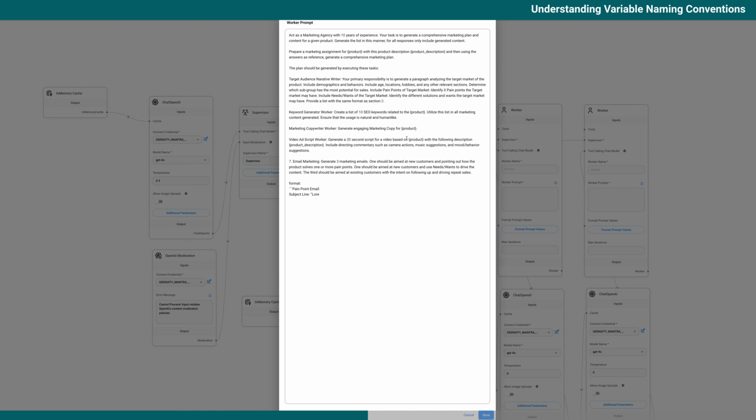And when you're defining new variables, keep the names short. We have gone into different levels, some like 3-4 word combinations to really create separation. It just depends on the use case, but honestly, a lot of times the shorter, the better. Okay, so we have a video script writer who generates a 30-second script based on product, has a description, include directing commentary such as camera actions, music suggestions. Great, all right. And then final worker is an email marketing